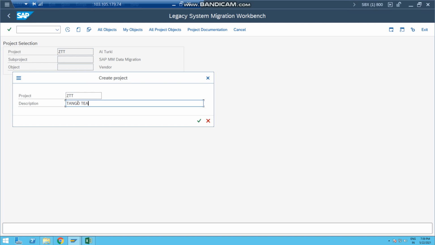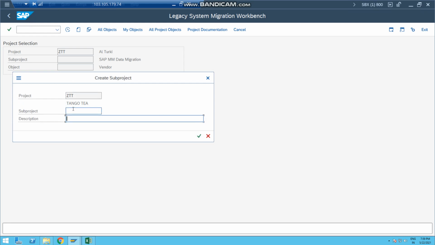Yeah, it's a Tango Tea company. Okay. And second is a sub project. So in that Tango Tea company there can be several departments and modules like sales, material management, finance. So I'll say ZTT MM. Okay, so I'll say material management.